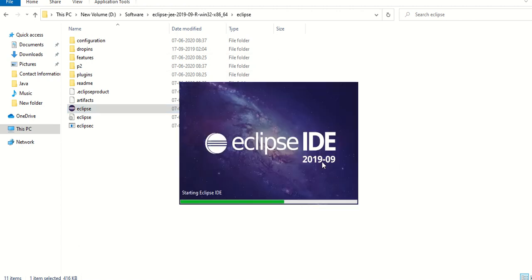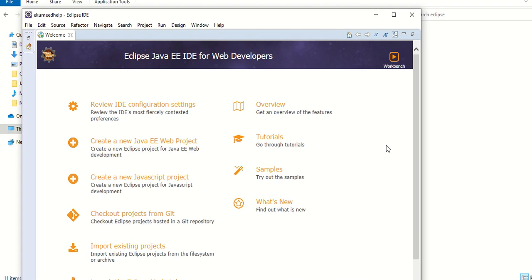Once you click on launch, you can see it is starting the Eclipse IDE. It will start within a few seconds; it won't take too much time. Once this Eclipse setup is done, we will start writing our program in Eclipse itself.